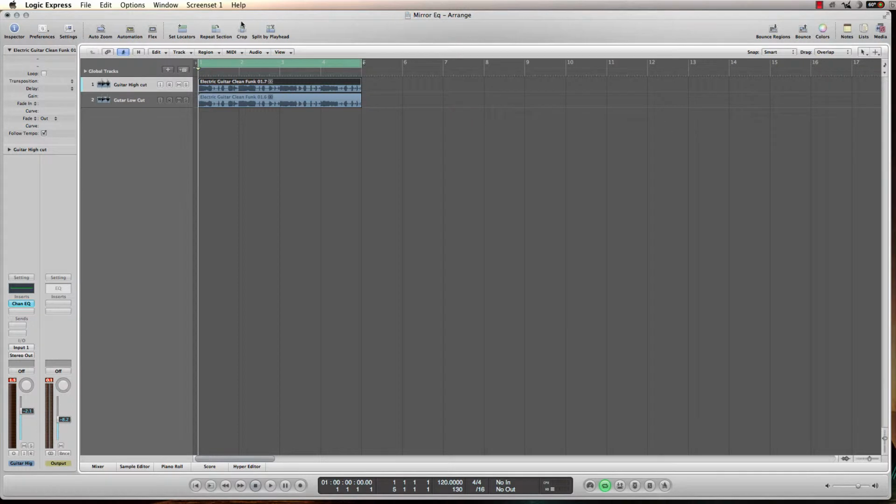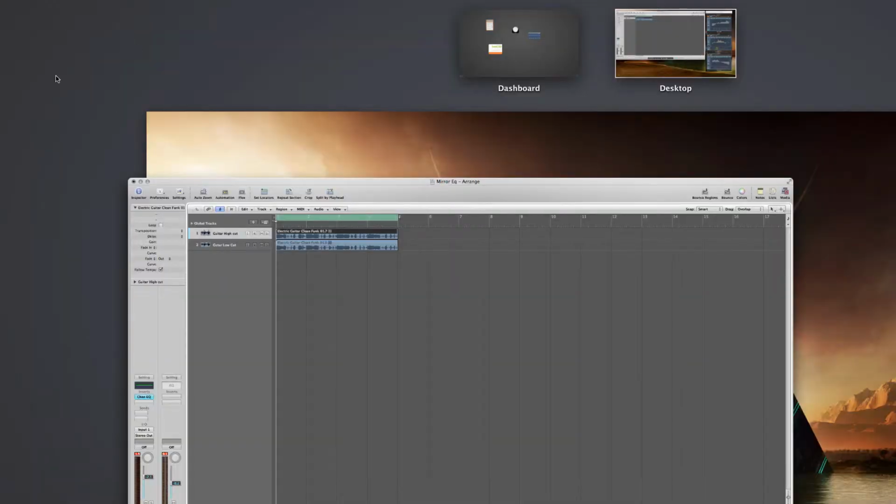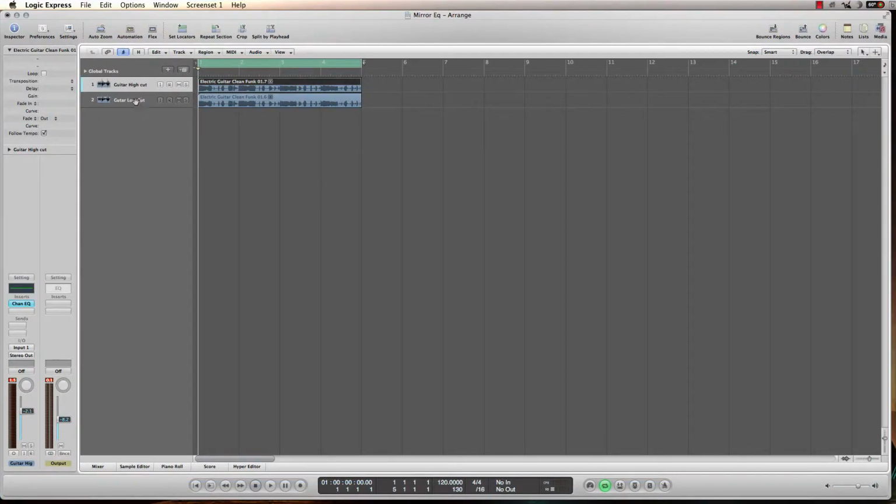Okay, now the DAW I'm using today is Logic Express, and as you can see here I've got a project with a couple of tracks. What this is, is two audio recordings of a guitar, both exactly the same. And to demonstrate